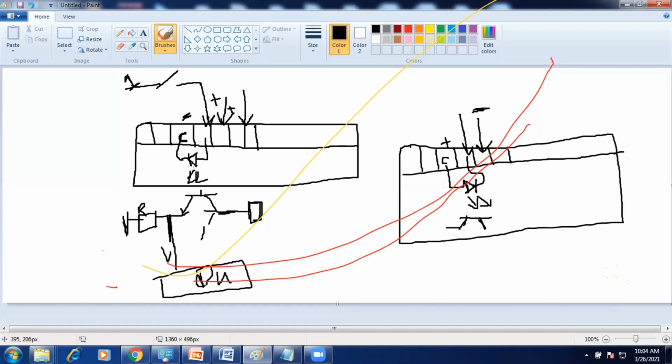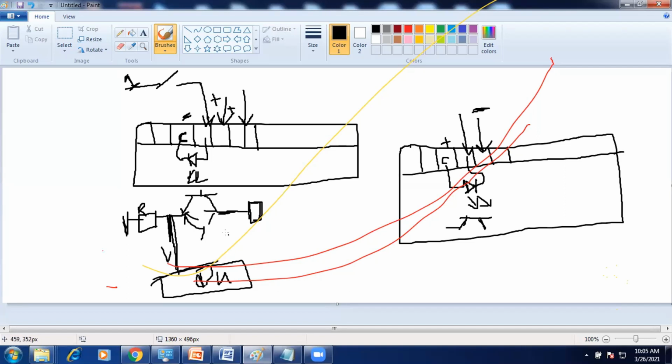While the LED is indicating, that time the phototransistor will work, so it is automatically closed. The supply will be moved to the CPU. Okay. Now the CPU activates the output side LED.